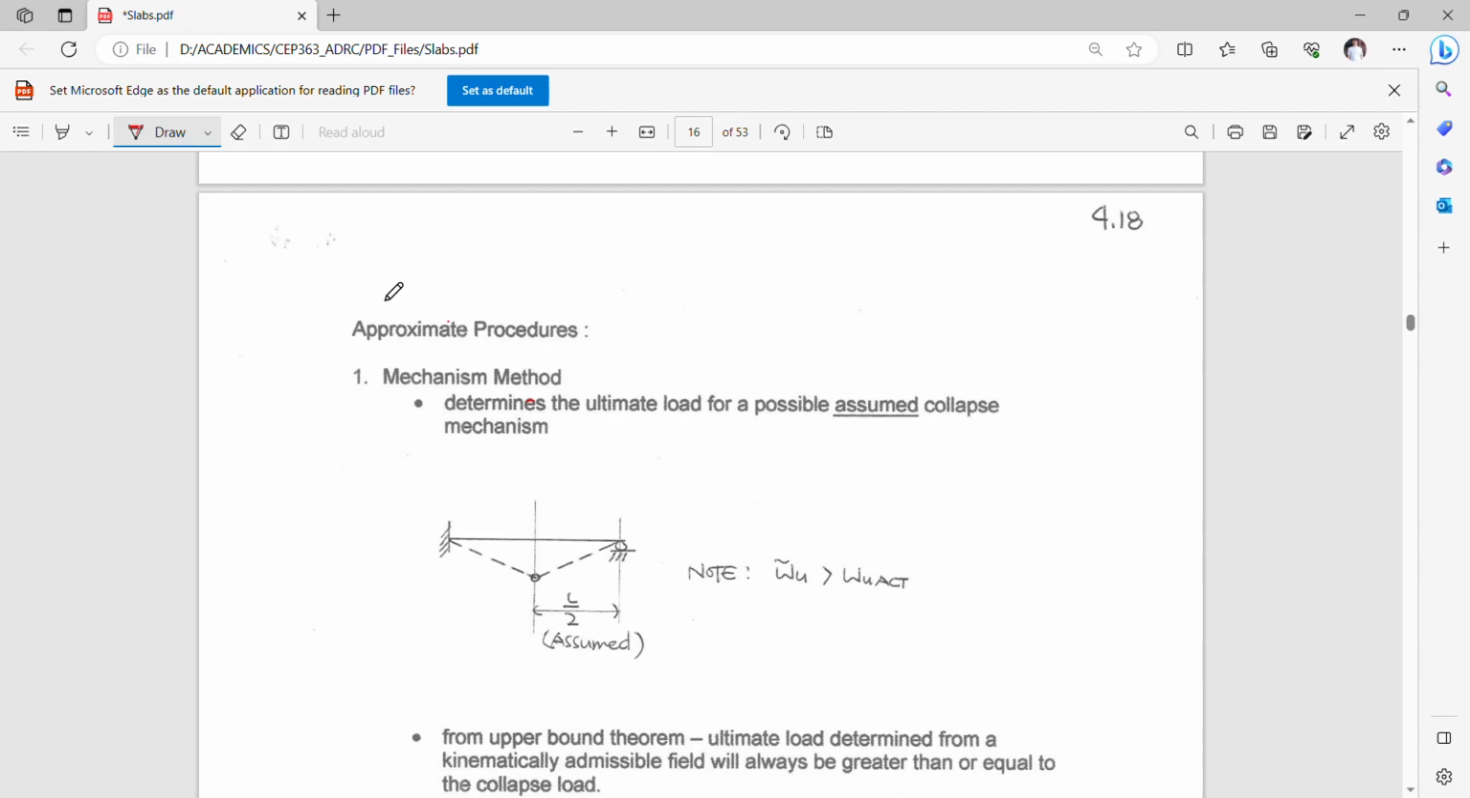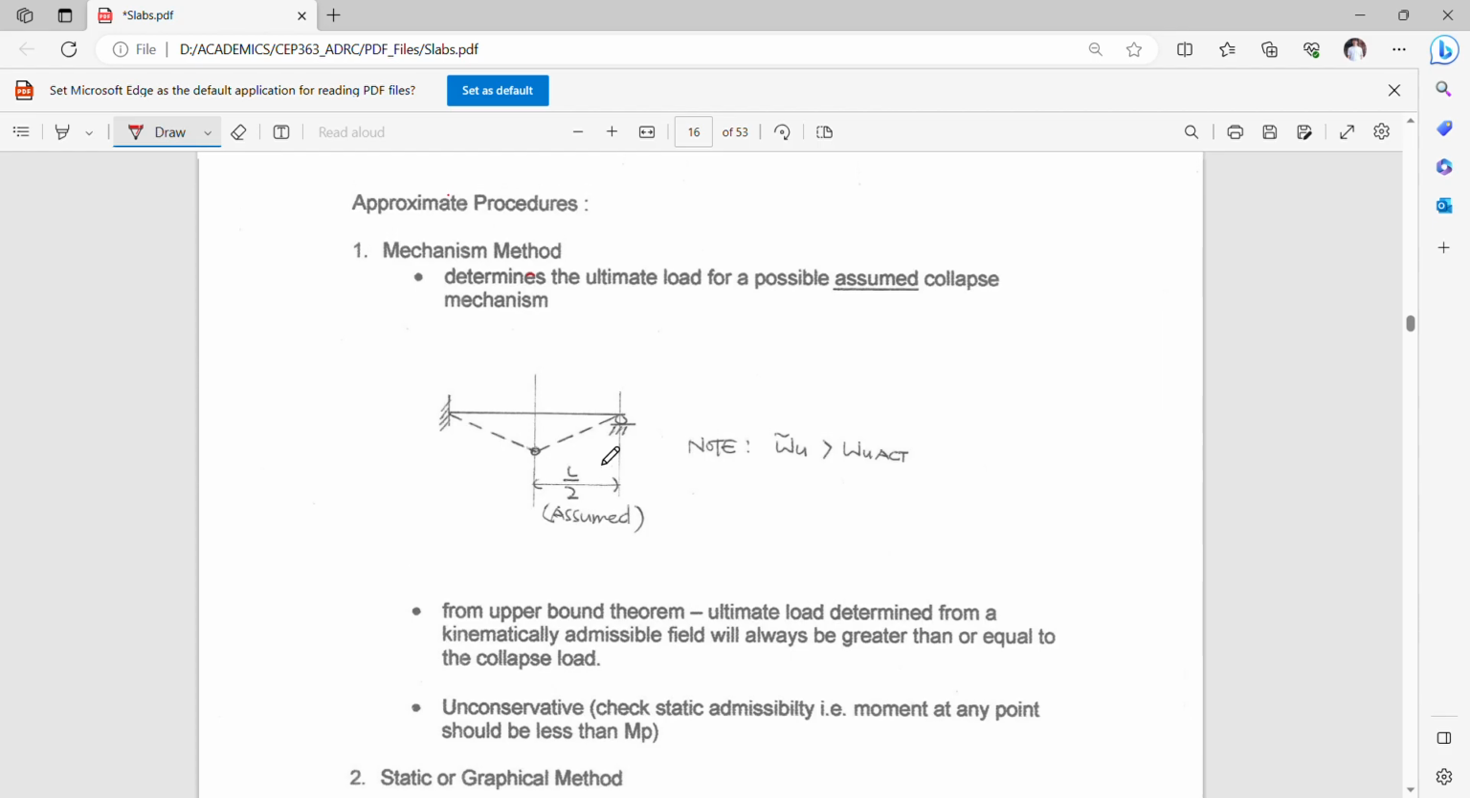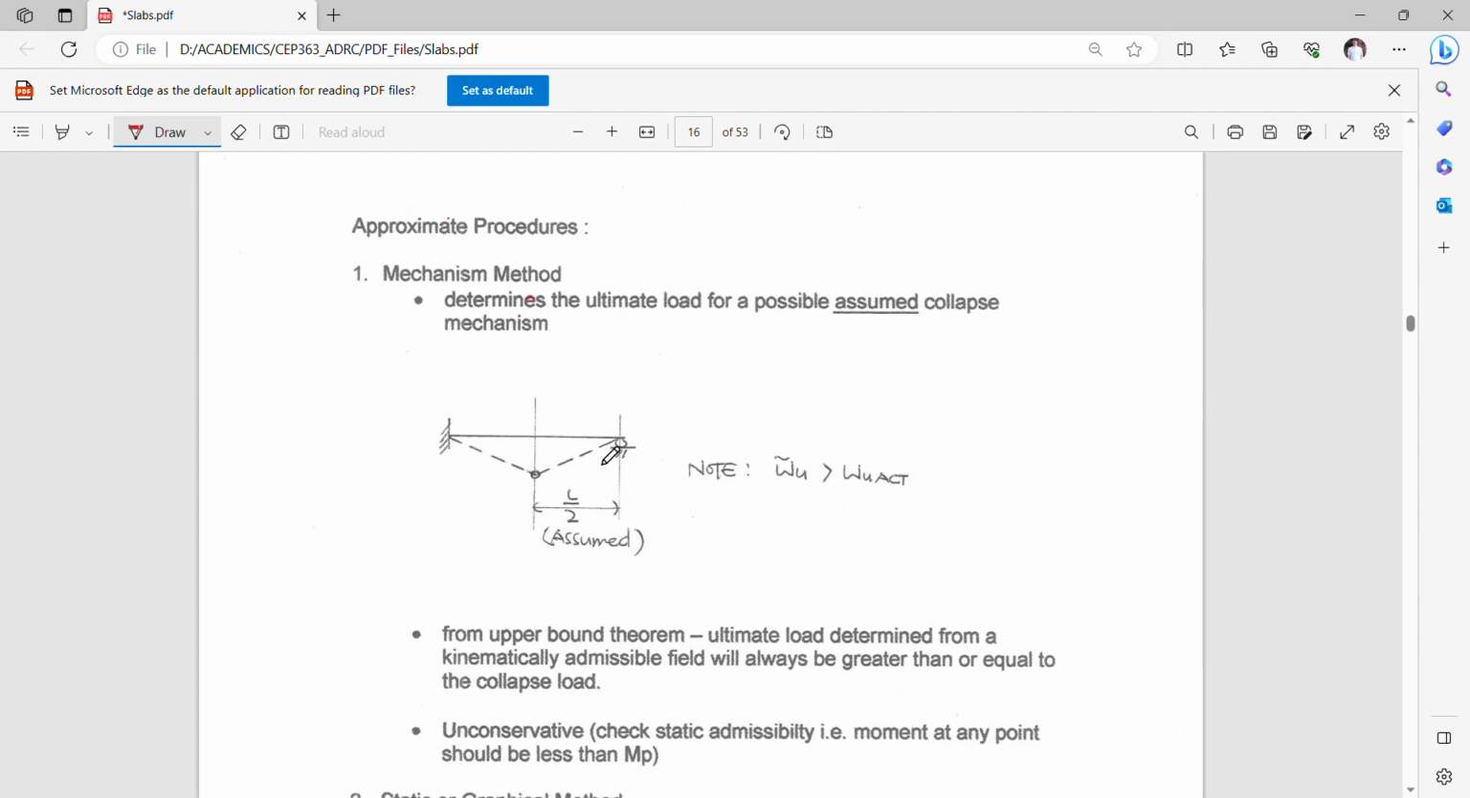Okay? So the first one is called the mechanism method, just like what we did a while ago. And this method determines the ultimate load for a possible assumed collapse mechanism or a failure mechanism. Okay? So in this particular approach, what we have to bear in mind is that the procedure or the method is actually within the bounds of the upper bound